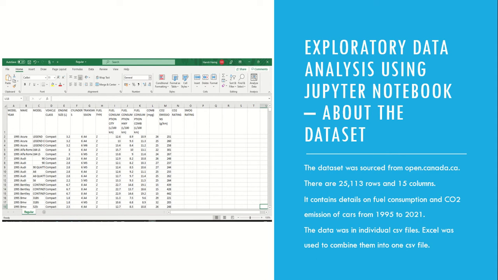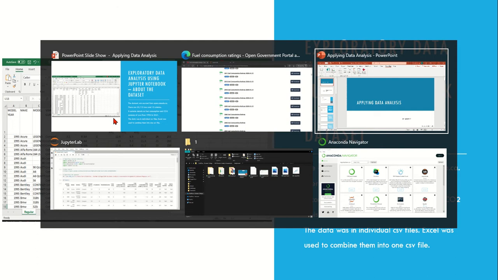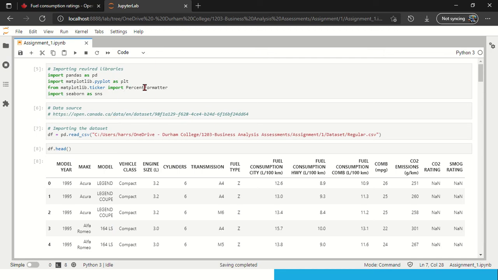As we can see, the data contains CO2 emission, fuel consumption, and also some details about the vehicles. Now let us go into the coding, which I will show you on the Jupyter Notebook.